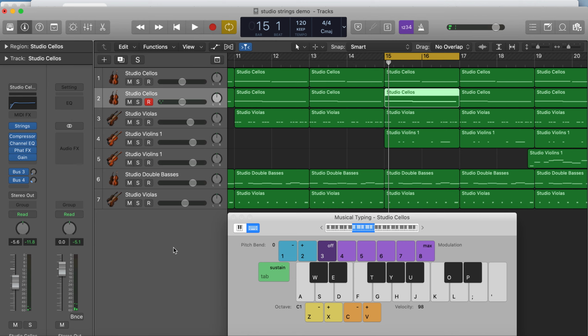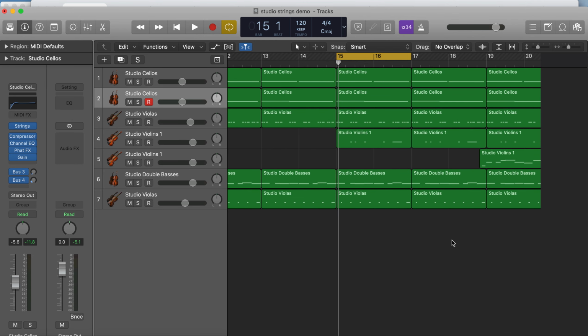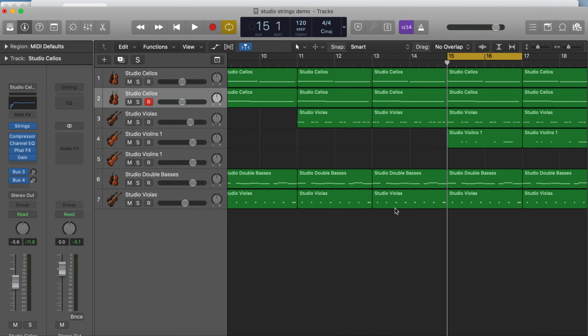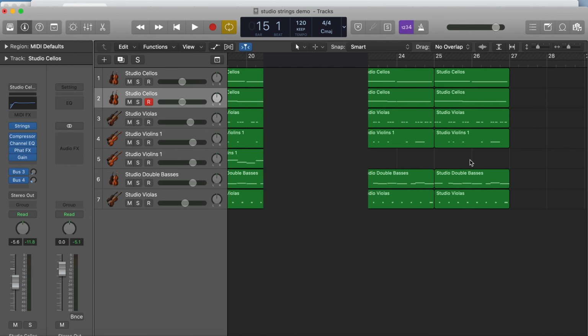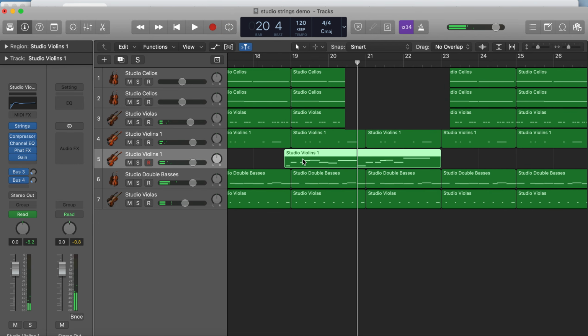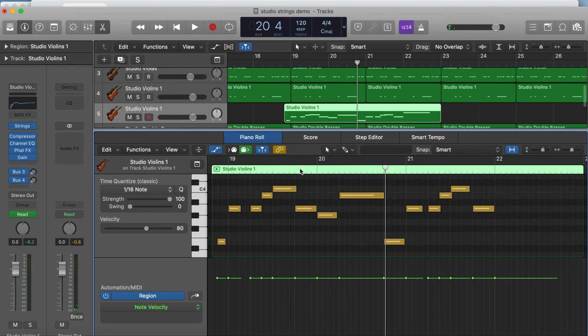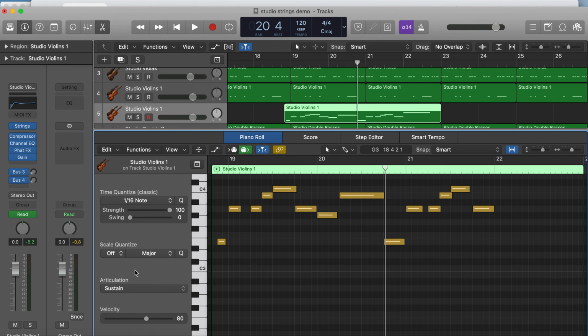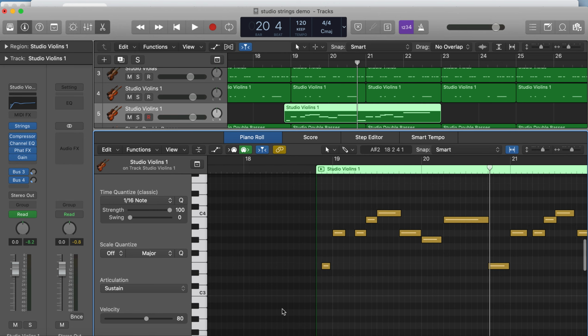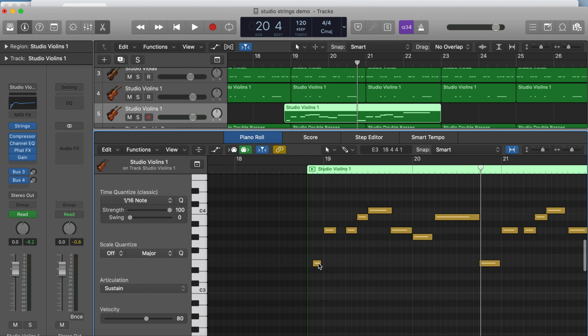Now within each track, so let's use the melody that is on the violin here, which is not showing up. There we go. Right, so double click on it. Now within the piano roll, you will see this articulation box here. So what this does is it means that you can manipulate each note as you go. So as you click on it, you can see I've got staccato there,